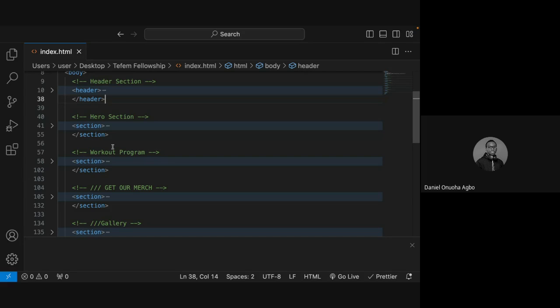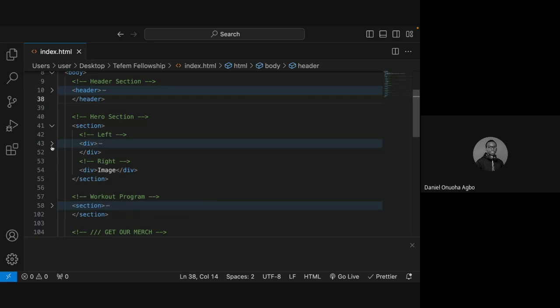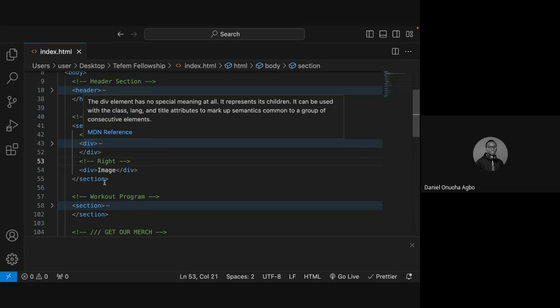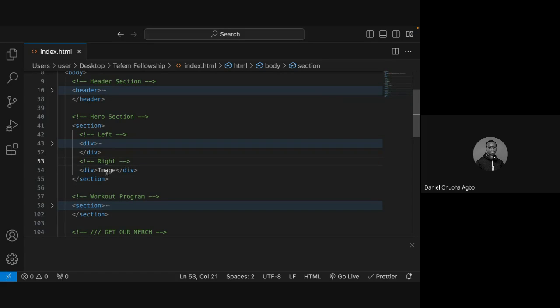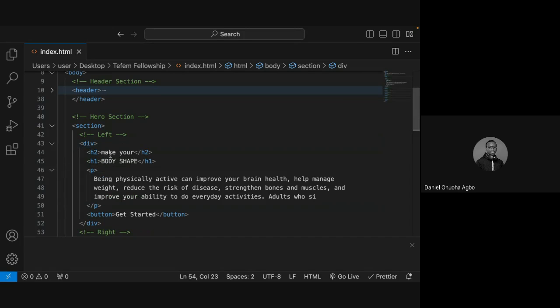Now on the hero section, we had two things, the left side and the right side. On the left side, we had the write-up, and on the right side, we had an image. On the left side, we have the first write-up, which is "make sure", then the second one. Now looking at the